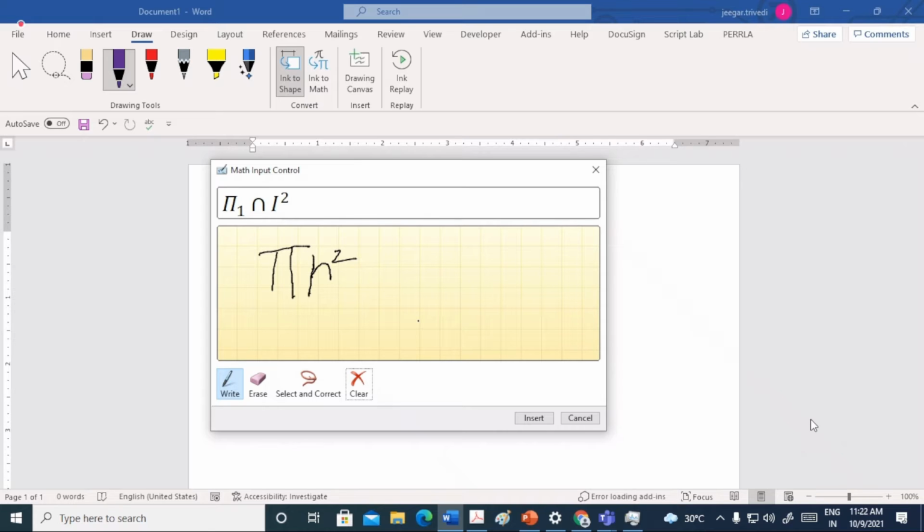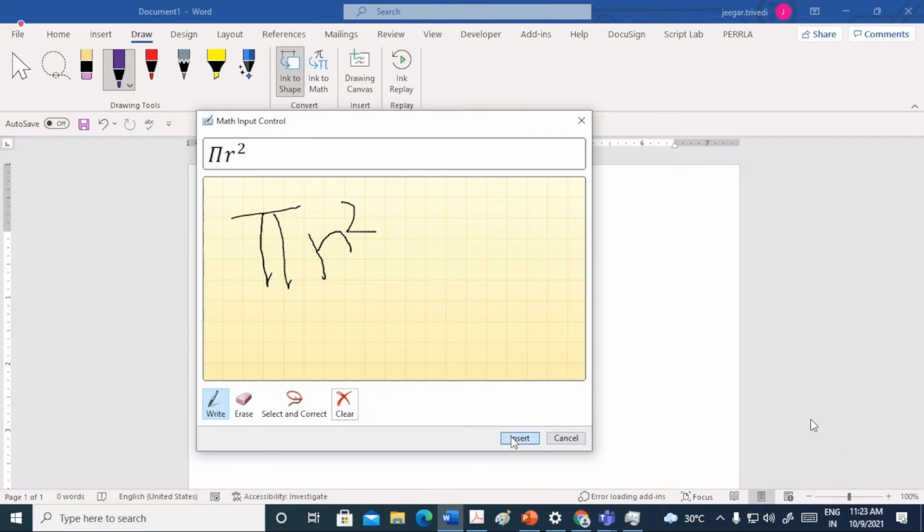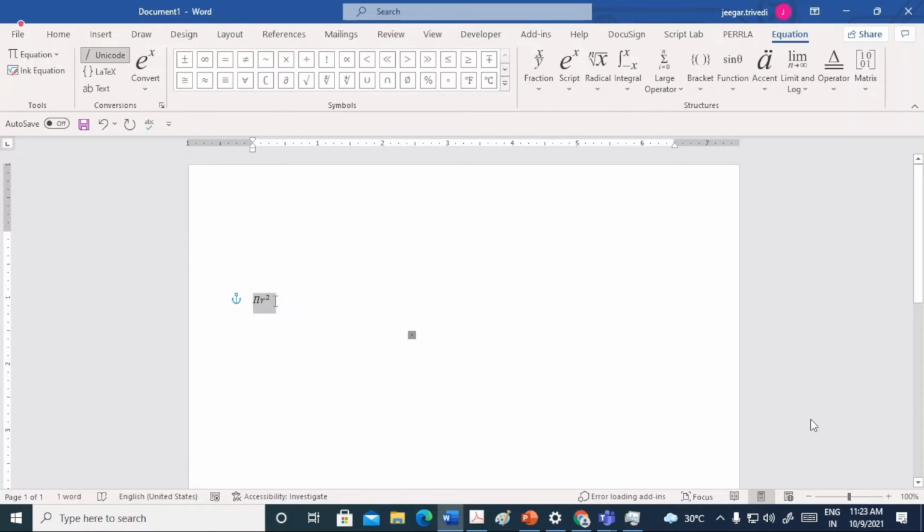But the thing is, if you know the equations, you can easily write over here, and that will be easily converted to an equation. See, pi r square, and all you have to do is just put insert and your equation is inserted.